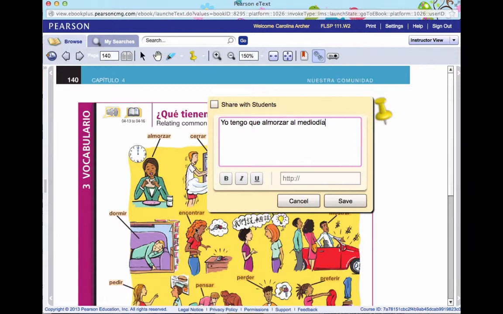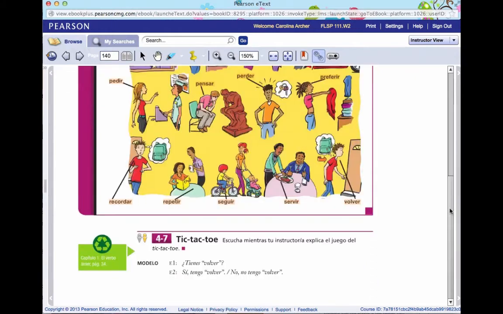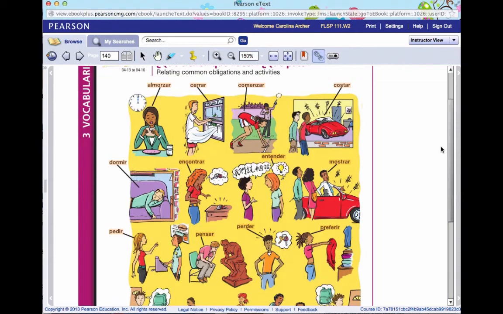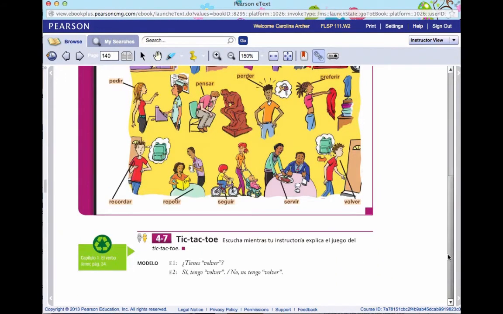Or she has to find her keys. So encontrar, it would be ella tiene que encontrar sus llaves. Her keys. So the verb that comes after que is going to stay in the infinitive, and you do have to conjugate the verb tener. Okay, muy bien. So here you have some vocabulary, some verbs, and some of these I think were in chapter 3. So you're going to practice with this new set of vocabulary and verbs.